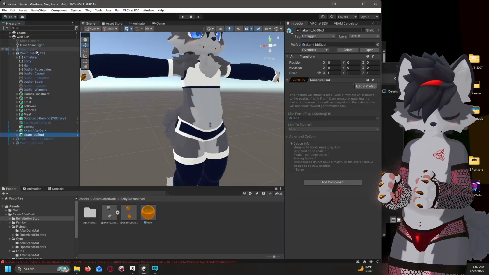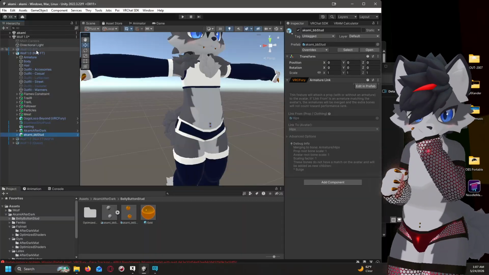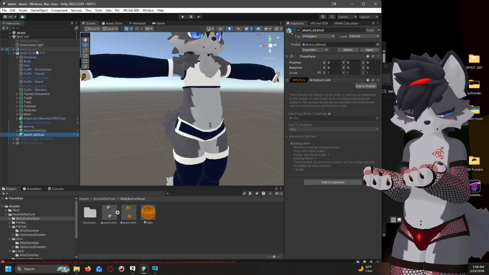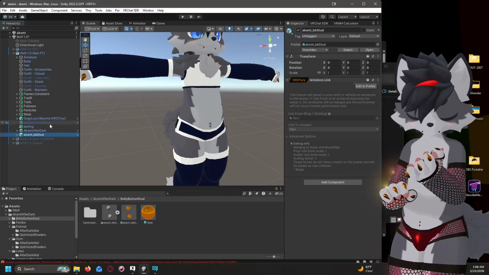And since he really doesn't have any body blend shapes at all, I really didn't have too much to compete with. So he doesn't get a toggle for the belly button studs. If you want them, use them. If you don't, don't use them. Easy as that. If you want to add a toggle, it's pretty easy. Just add a toggle. You can figure it out. Anyway,